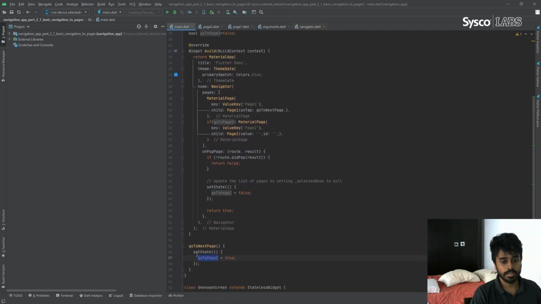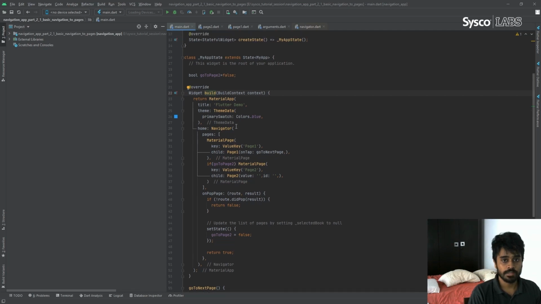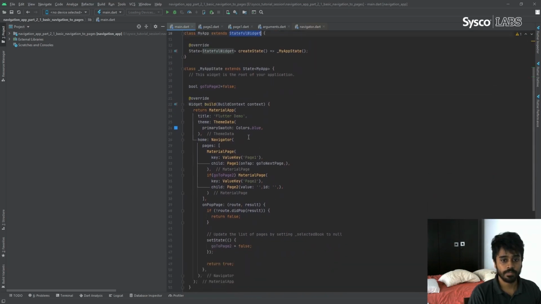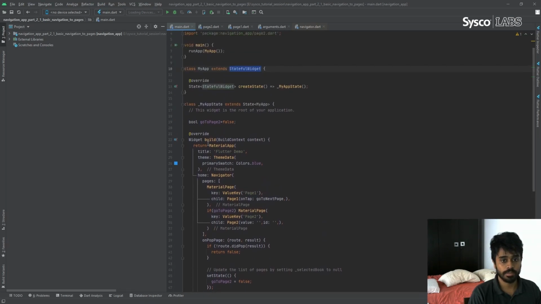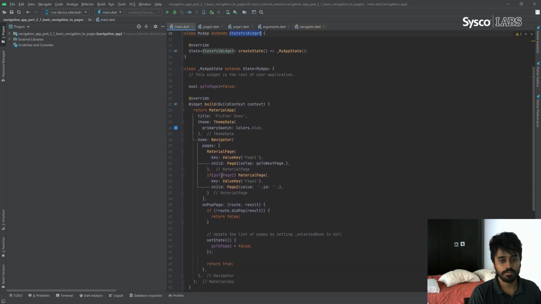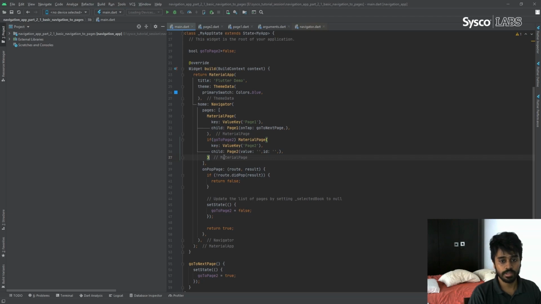What the setState method does is call the build method again to rebuild this widget, since it's a stateful widget. The second time, when it's calling the build method, this value is true, right? Because of that, this widget also will be generated. Using this method, you can always control the stack of routes the way you want, not like in Navigator 1.0. So let's start this application first.